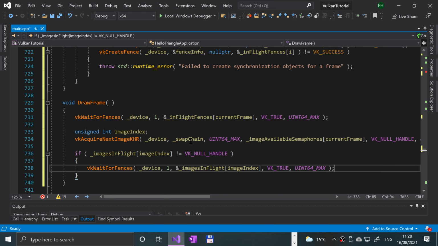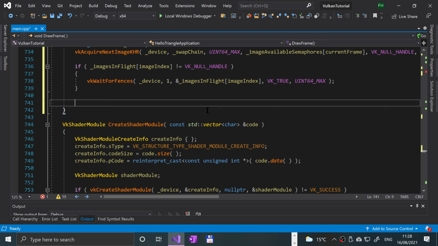Okay, so now that we've done that, the next thing that we're going to do is match the in-flight images to the current frame. To do that, we put _imagesInFlight[imageIndex] equals _inFlightFences[currentFrame];